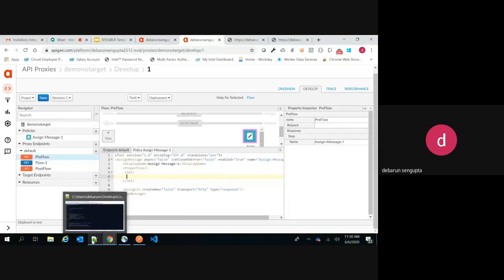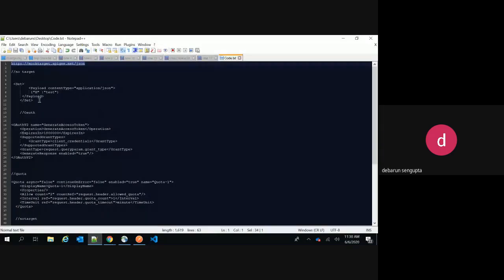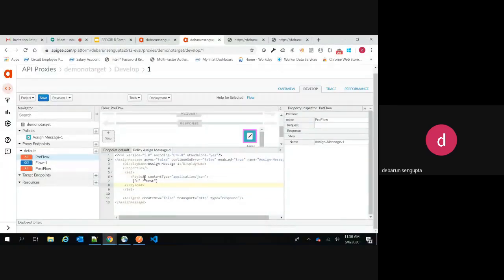And say I want to set up payload, right? I have a code ready for that. So in order to set up payload, what you can do is, within the set tag, since we are setting a response, that's why I specified the type as response, and this is set. And this payload content type, I specified as application JSON, and say you want to specify this response code as, say, 200, and say